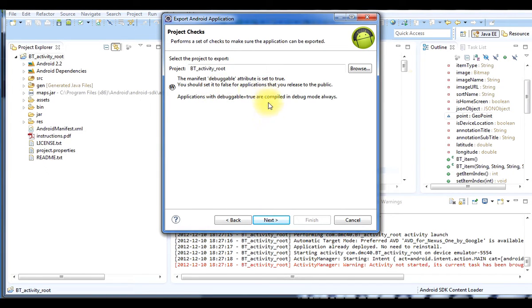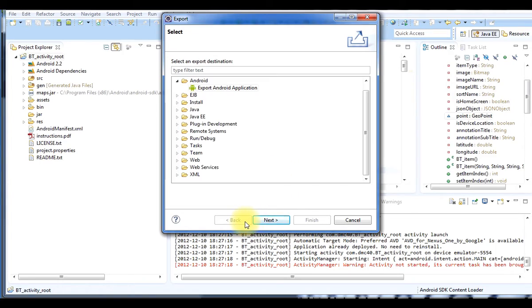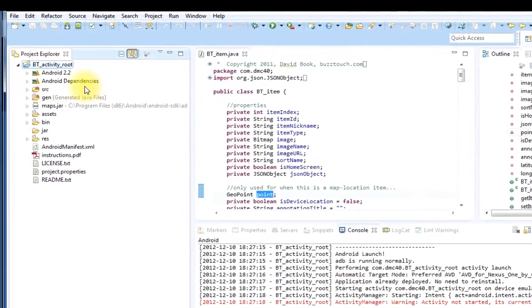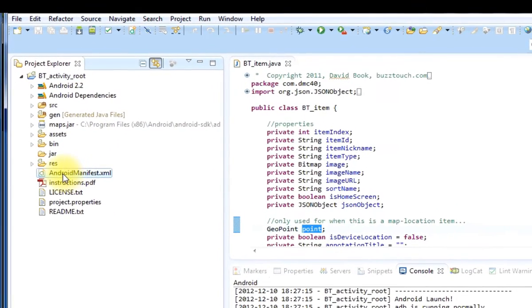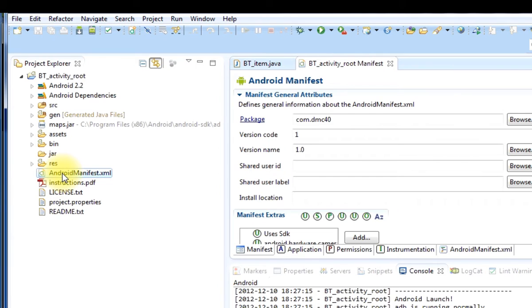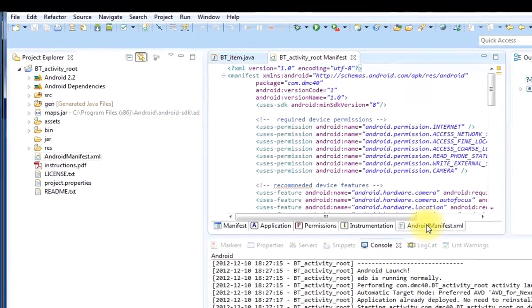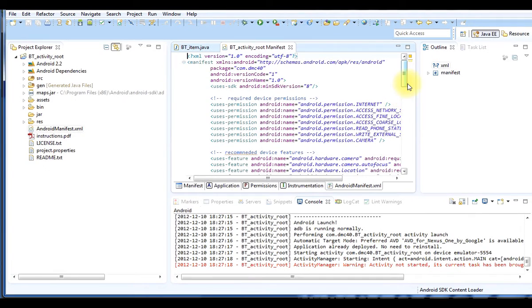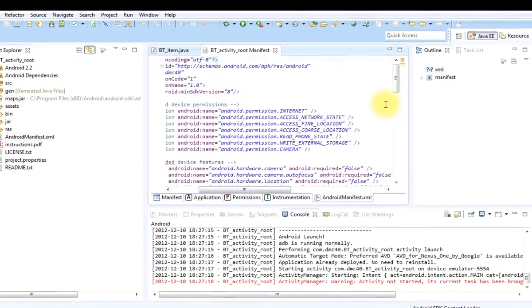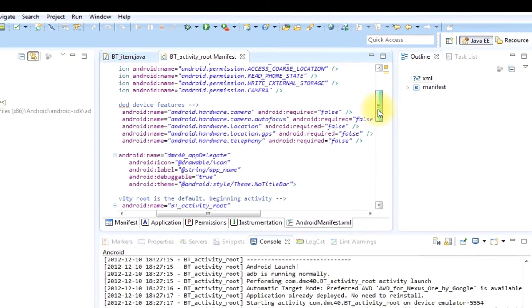As you recall, the debugging attribute is set to true automatically. So what we have to do is go back and turn that off. In our project, we are looking for a file named androidmanifest.xml. It opens with a click, and we can see a tab called androidmanifest.xml. This is the location of the debug true or false tag. Let's move over so that we can see it a little bit better, and scroll down until we find android:debuggable equal true. It is in the Android name section.